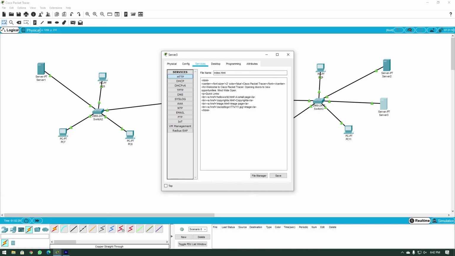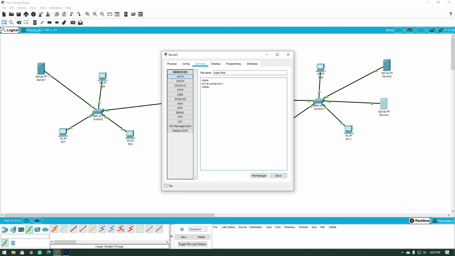So we'll click on edit, and so this is supposed to say Cisco Packet Tracer and whatnot. I'm just going to put something very, very simple. I'm going to say H1, It works. Okay.